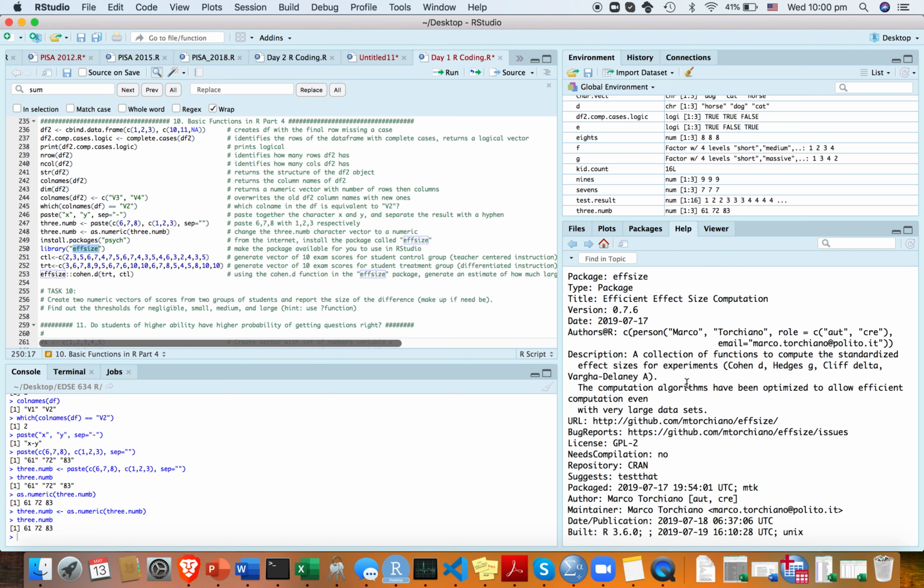Do we know where Marco's from? Maybe not. But he created this package here called effsize. It's to help you understand the difference between different vectors, like how different two vectors are. Effect size. You should have learned this in your